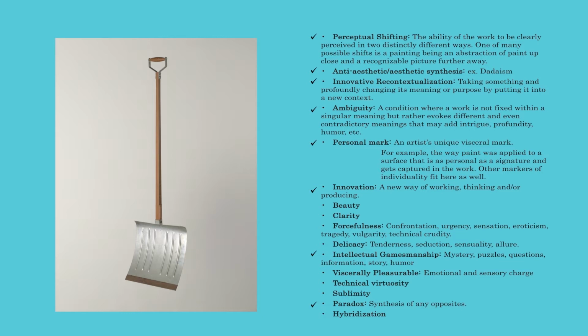The work is also anti-aesthetic, but it has aesthetic qualities that can be seen due to its formalization. This is a Dadaist trait, which makes sense as this is a Dadaist work. It is only after the formalization of the object into a work of art that we pay attention to its aesthetic quality. For example, the color harmony throughout, or the curve of the metal accented by the reinforcing ridges, the verticality of which is contrasted by the horizontal lip of the shovel. You see, there is a shift in the object's aestheticism after being declared art.